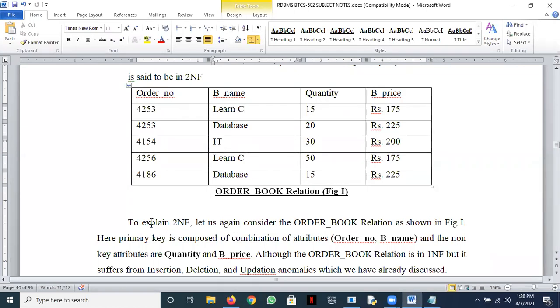And somebody can suggest a time for our problems review class. Let's ask Ankit Ranjan. Ankit, what time shall we take for this class? Ankit, are you there? Yes, sir. Good afternoon.